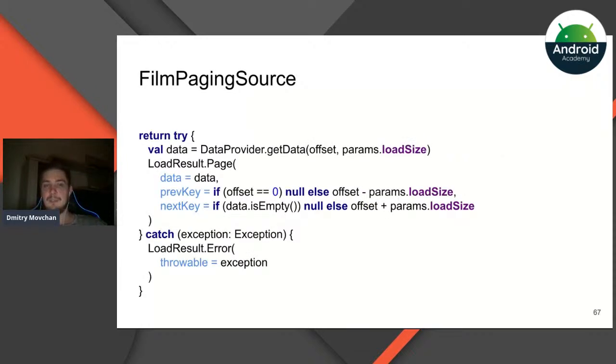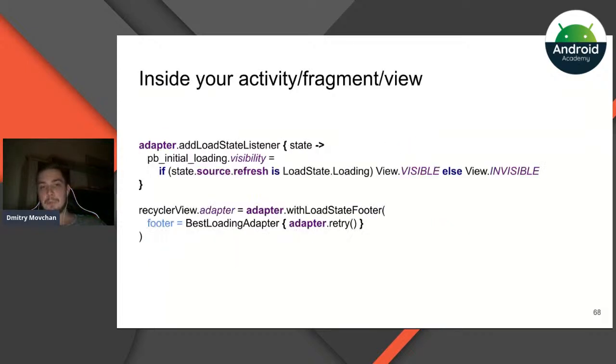After that, let's try to modify a bit our paging source. Right now, let's try to catch any exceptions that we can get, and after that, we will try to return the load result error. Moving on, the only thing that we should change in our activity will be the load state listener. It will help us to show some loading at the starting of our application, and to our recycler view, we will set the new adapter where we will try to pass our loading adapter as concat adapter. And also, we will try to make this adapter work with retry function.